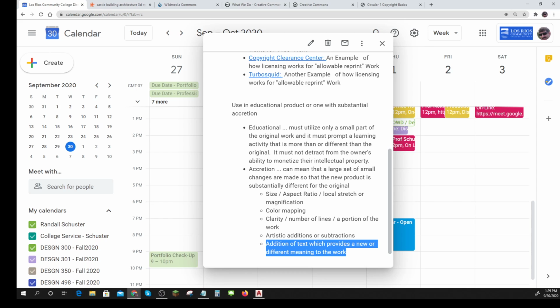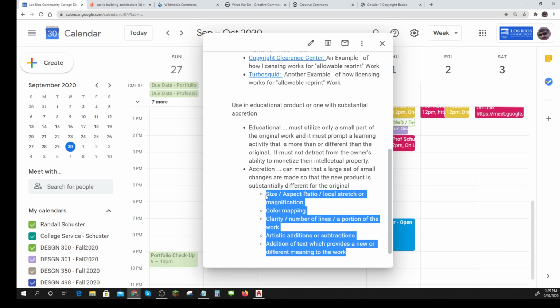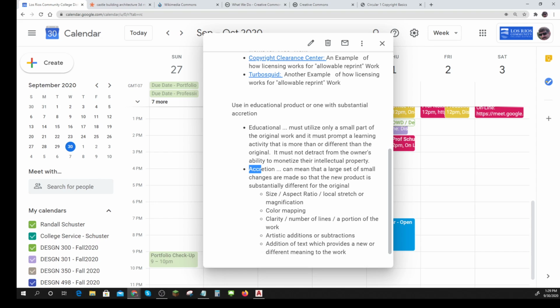Now, some authors or artists are so good that their work does elicit different responses. So you can't really just hang on that. But that's one of the things that you can do. So there you go. Those are some of the things that you can do for accretion. If you do accretion and really work on educational, that's good.